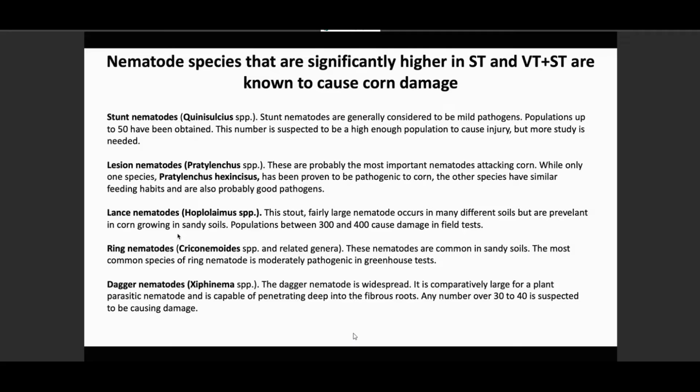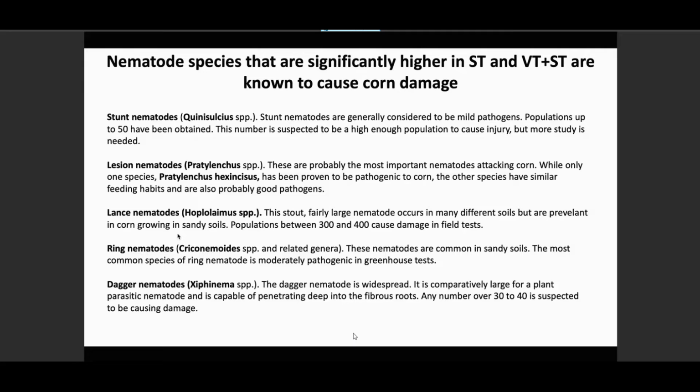So as I said, these plant pathogenic nematodes that we find in our samples are known to cause damage to corn fields, such as the stunt nematodes belonging to Cunicil, Cunicelsius. These are generally mild pathogens, and if their number is above 50, they can cause significant damage. And that's what we are seeing in some of our samples, that the numbers grow to 50 of the